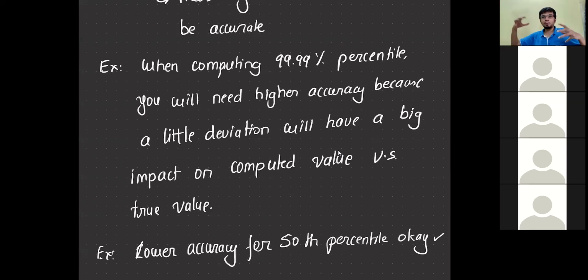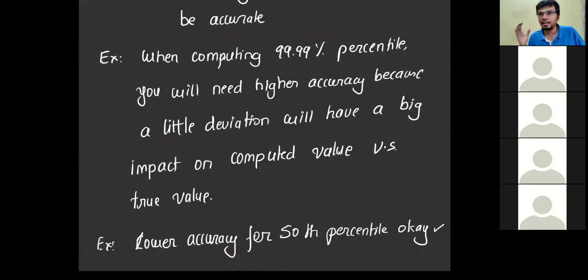So when you're talking about massive percentiles, you'd want this to be very accurate, because even a small deviation here or there could make a very massive difference to the value, because there are too few points in that range to be picked from. This is why you need higher accuracy when you have fewer points, and you need higher accuracy when the percentile you're computing is massive. This is very important to understand. This would form the crux of our algorithm.